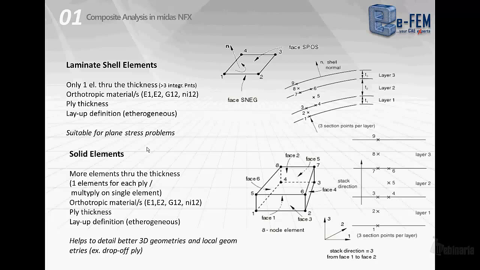They will use orthotropic material. The ply thickness is necessary to define the thickness, and the layup is necessary to define the layup. What is really important is that if we don't want to have distortion, we need to have the thickness of the solid element equal to the thickness of the layup that is represented by that solid element, and this is really important.